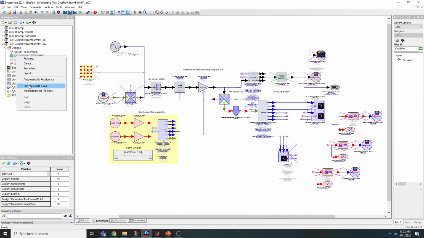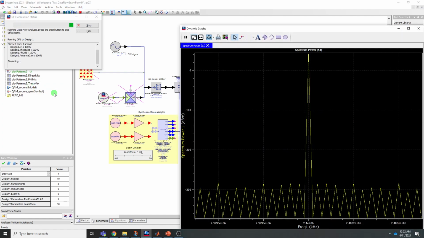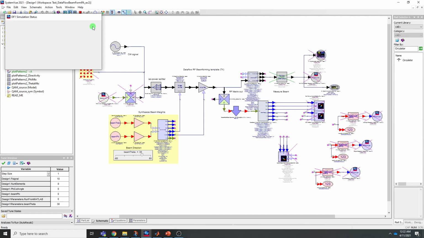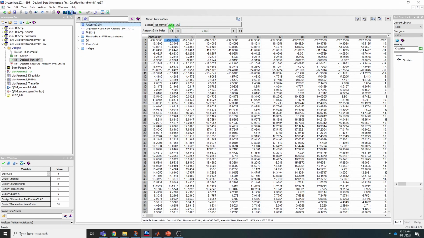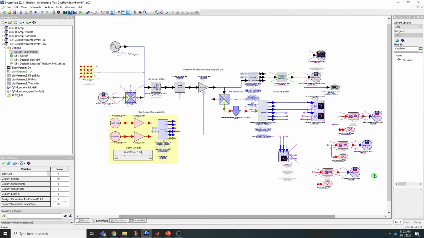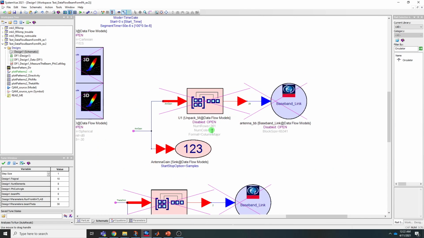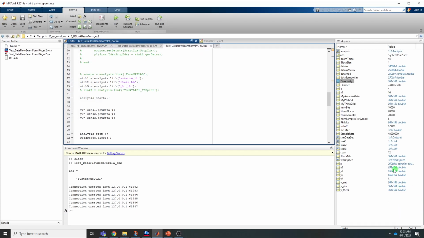So if I run this, get that. And if I look at the antenna gain, it's basically a 1 by 361 by 181. That is why we use an unpack to unpack in column major fashion 361 by 181 to give it a block size, an array of 65,331. That is how this baseband link sync is set up to pass things to Matlab, and it comes in as